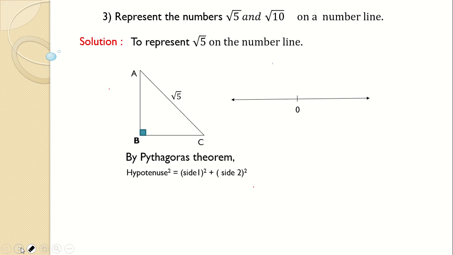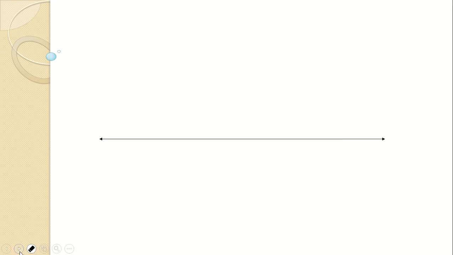Then by Pythagoras theorem, we have hypotenuse square is side 1 square plus side 2 square. In the exam they may give you anything, root 7, root 9, anything. So what to take as side 1 and side 2, that you have to decide. Using Pythagoras theorem, you have to think what those two sides should be. So I get hypotenuse as root 5, and I decide to take the two sides to be 2 and 1. Now how do we plot it exactly?